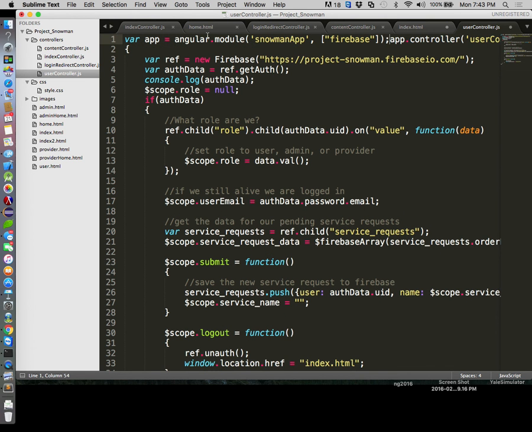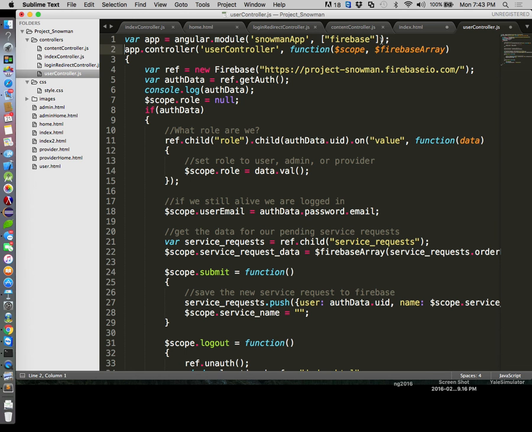We're going to make this guy part of the same app, but we're just re-grabbing that. So this is multiple controllers within a single app on a single page. So here's our app, Snowman app. This will retrieve it from our module. Then we're going to add this user controller to that app. This guy probably actually already has access to the ref, but we'll put it in here. We already have our auth data. We don't need